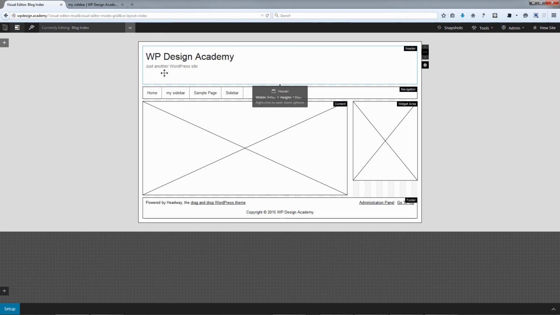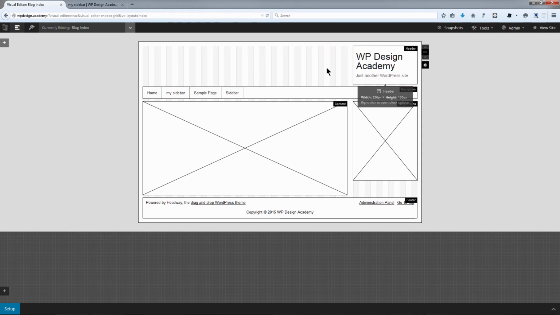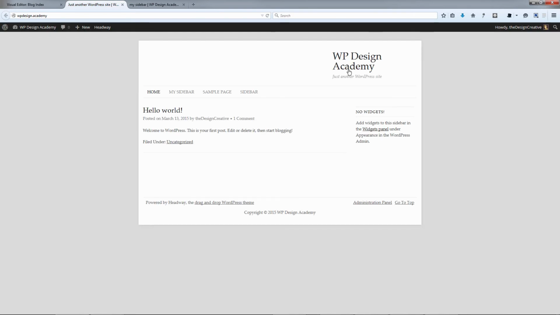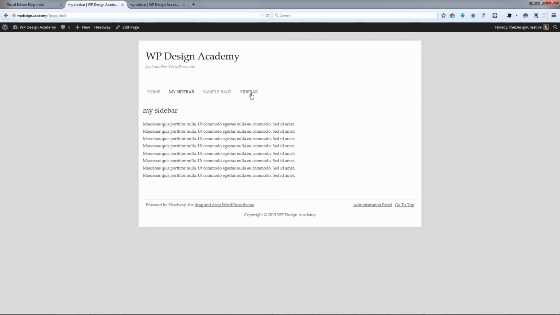So our client comes back to us and says, you know what, I don't want the logo on the left hand side anymore, I want it on the right. We're like, yeah, sure, okay, that's going to be like $30 for you to make those changes. It takes you literally 3 seconds to move the bar from left to right, and then you press save, right? Then you go and you view the site, and you're like, yay, the logo's on the right hand side. And then you go and press on my sidebar, and you're like, yeah, oh,